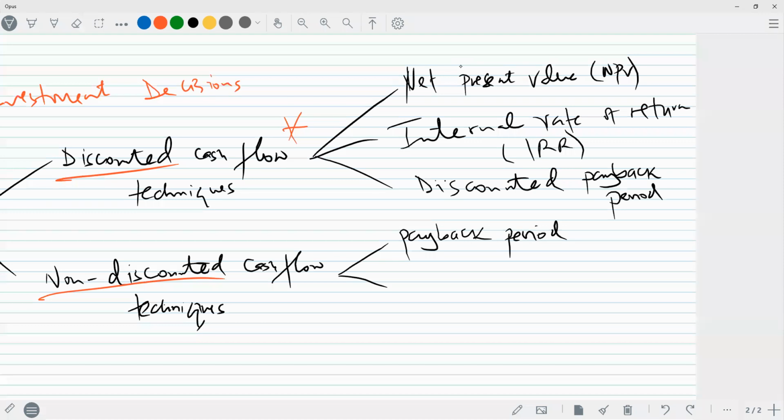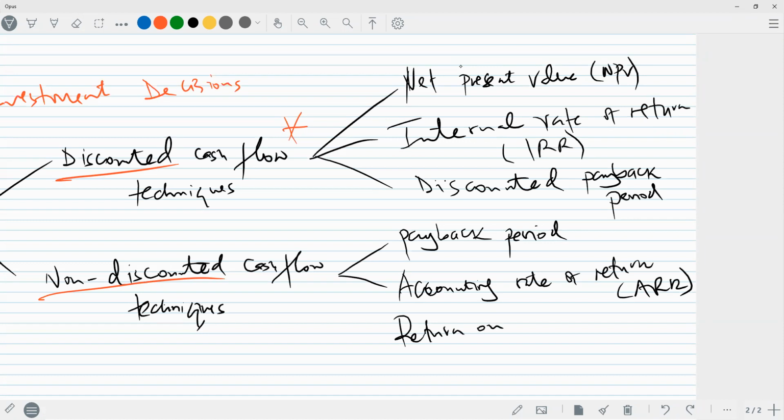Then you have another method called the accounting rate of return, ARR, sometimes referred to as return on capital employed, ROCE. So those are the 5 methods you're going to be using when it comes to making a decision as to whether as a company we should invest in a project or not invest